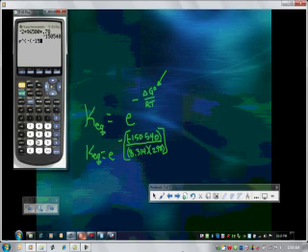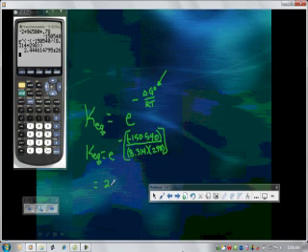Negative 150,540 divided by the quantity 8.314, multiplying that by the temperature, 298 kelvins. So I'll close out that quantity, but then I also need to close out my e to the x quantity. Hit enter, and we get the value for K eq, which is, for 2 sig figs, 2.4 times 10 to the